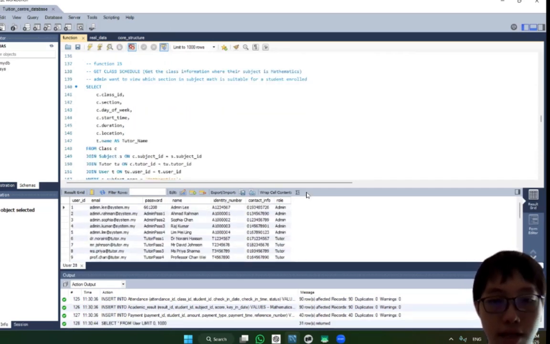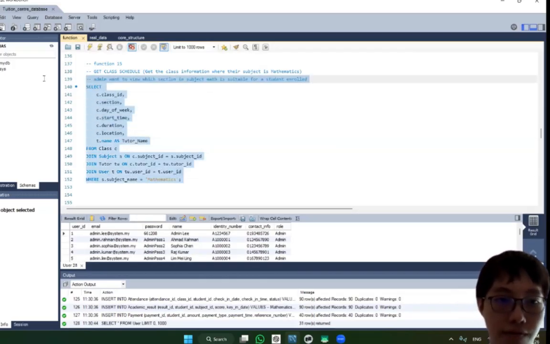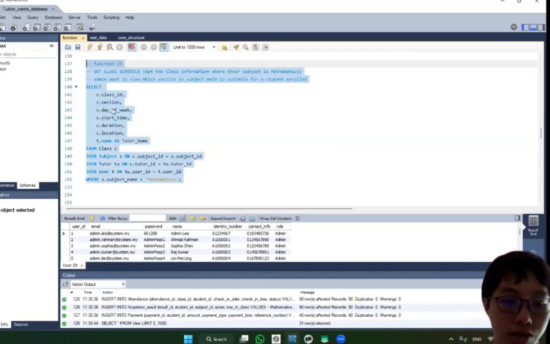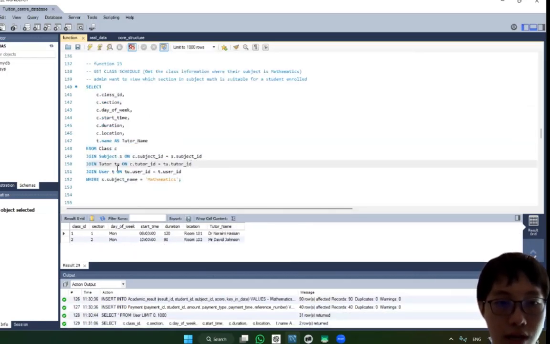Function 15, where we want to get the class schedule of mathematics. So we'll know how many sections there are and what the times are for this math subject. So we run it. Okay. In this, we use join so we can select the information we want from the connected entity. So we have class ID, section, start time and the duration,